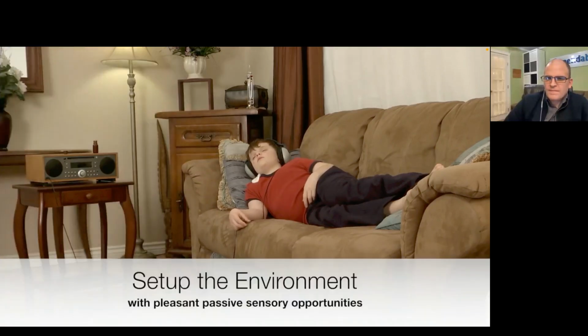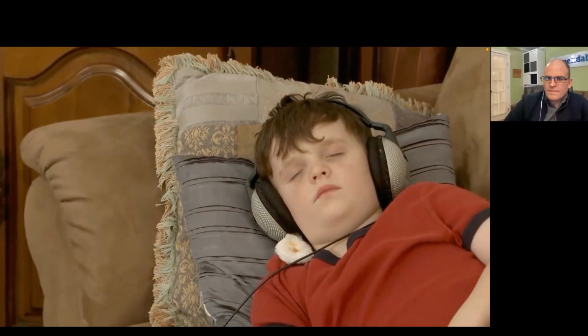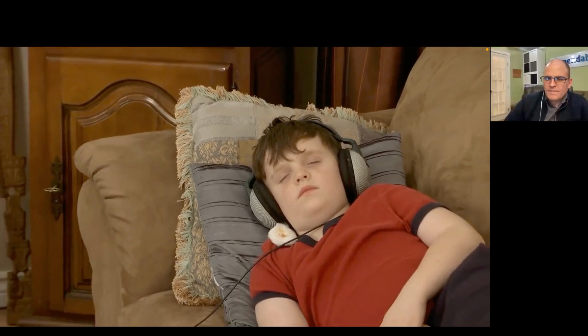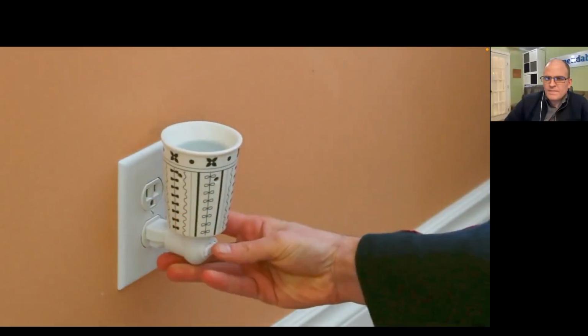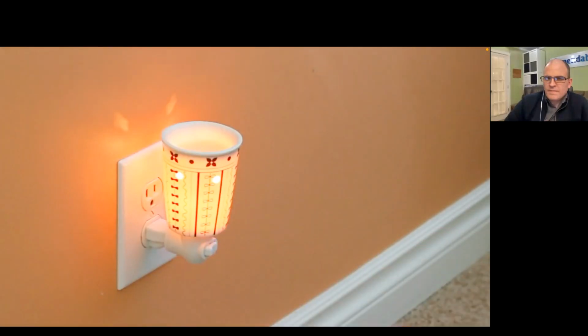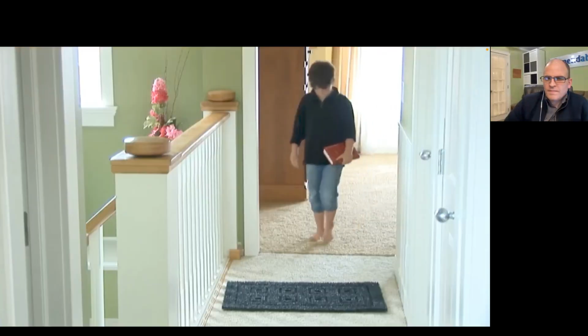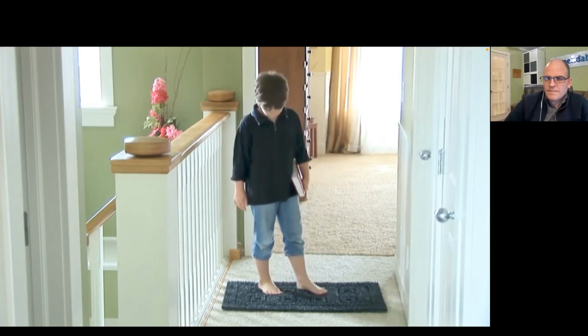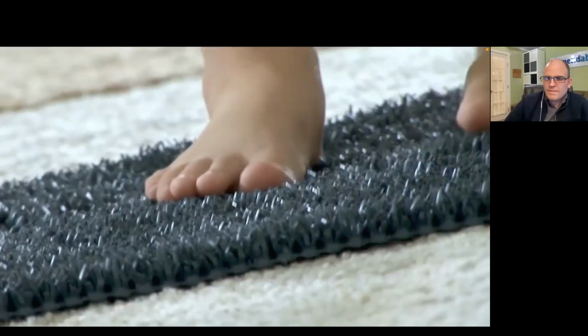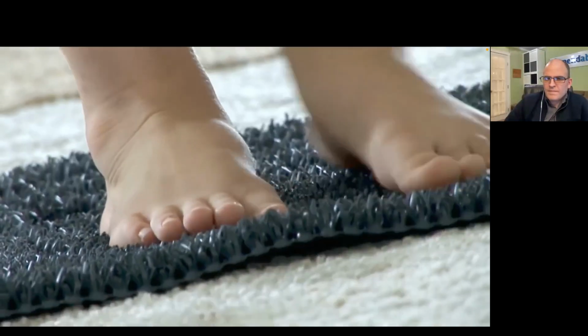There are things you can do to set up the environment that they are in order to passively expose them to sensory enrichment. Apply a fragrance to their collar. This way, as they move around, they will occasionally get a whiff of the scent. You can also add fragrance diffusers in a few key locations where you think they may go. Place textured welcome mats in a few high-traffic locations around the home and let them explore the textures with their feet. You can also place a textured mat under their desk or under their favorite spot at the kitchen table.